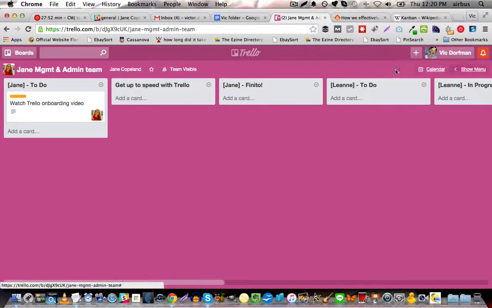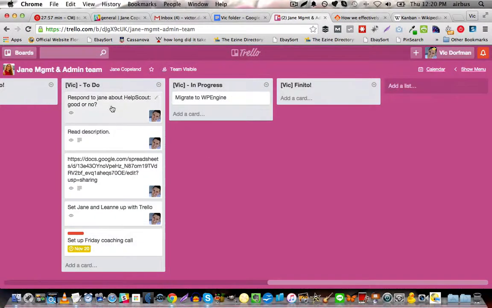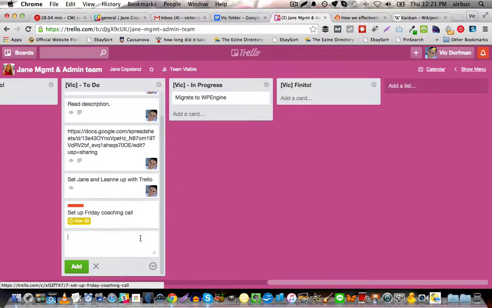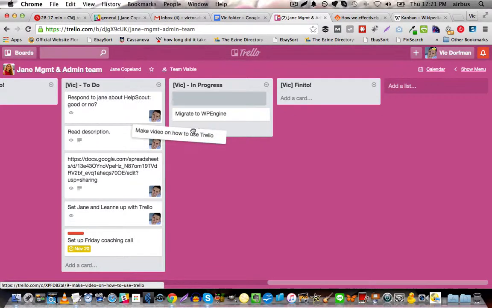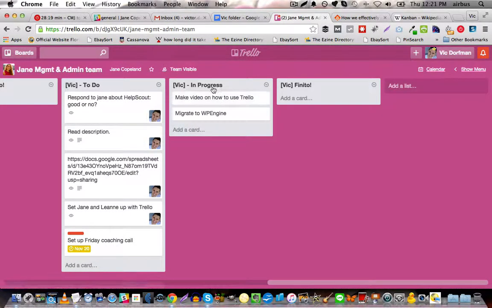Now, within each of these cards there's a few options. Let me just demonstrate the creation of a card. Let's click Add a Card, and we'll say, for example, make video on how to use Trello, and click Add. Since this is actually in progress, quite literally, I'm going to move it to the in progress list on this Trello board. Now, if I actually click on this card,